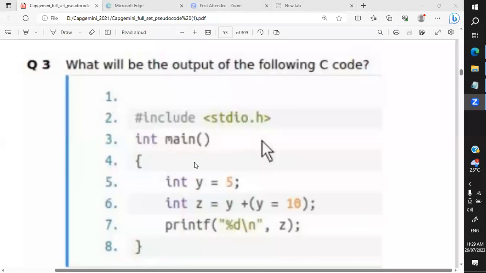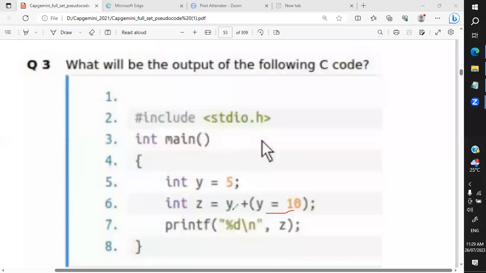Okay, everyone got it. It's a very simple one. y equals 5, z equals y plus (y equals 10). y equals 10 means what? Auto, yeah, we didn't define anything. That means by default it is auto. So y equals 10 means y value will get initialized to 10 and then it will get plus